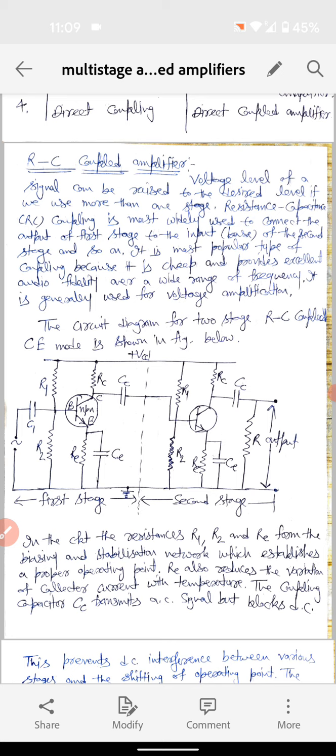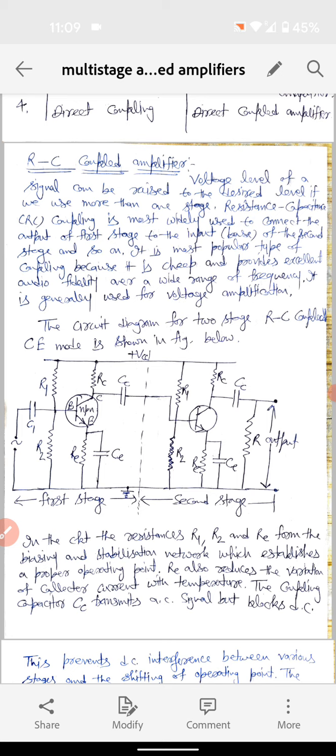The only difference is that because it is a two stage amplifier, the last component we get for our output is that we put the load resistance across the output. That component is extra in the output circuit, and the rest of the things are the same as we drew in the first stage. The second stage will be similar to that.